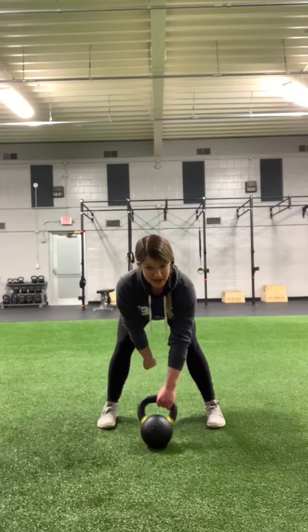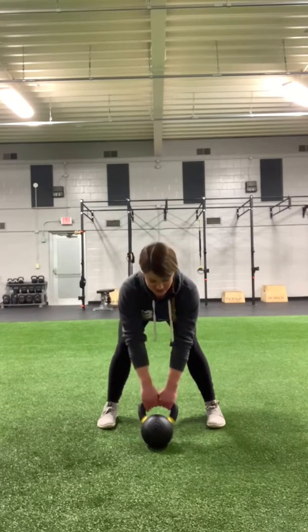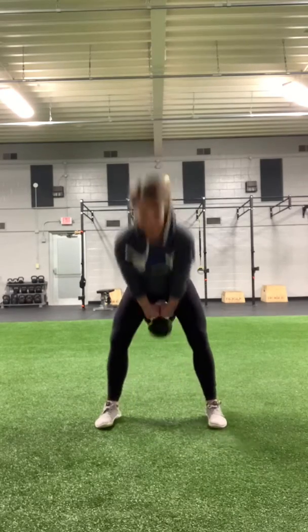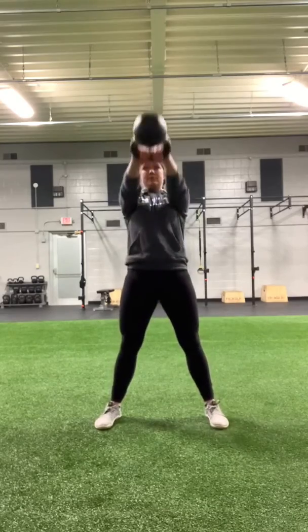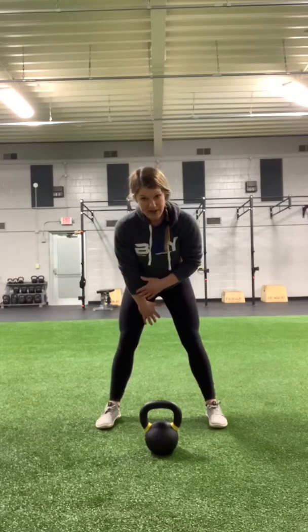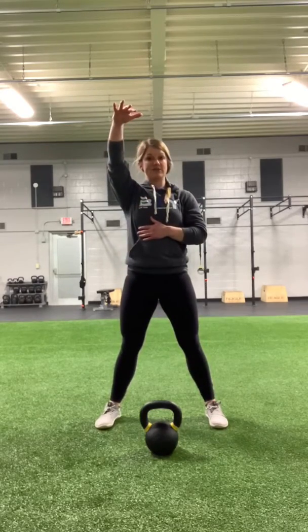My first move is going to be hiking that kettlebell as hard as I can behind me and then using that momentum to drive it tall. So it'll look like this. Hike behind me. So the main focuses here are getting that hard hike back, driving and getting tall at the top,